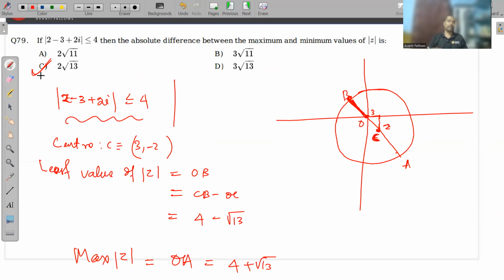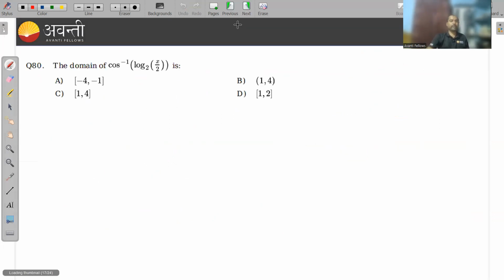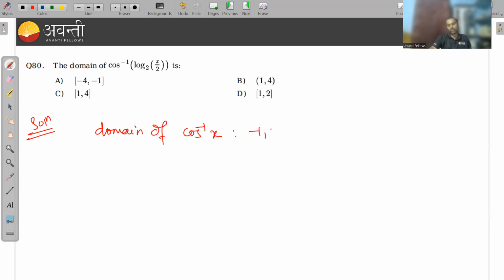ठीक है, लेट्स मूव टू द नेक्स्ट क्वेश्चन हियर। इन द नेक्स्ट क्वेश्चन you need to find the domain of cos inverse of log of x by 2 to the base 2। अच्छा, चलो इसका डोमेन फाइंड आउट करते हैं। तो मुझे ये पता है डोमेन ऑफ cos इनवर्स ऑफ x, इसका डोमेन -1 to 1 होता है।